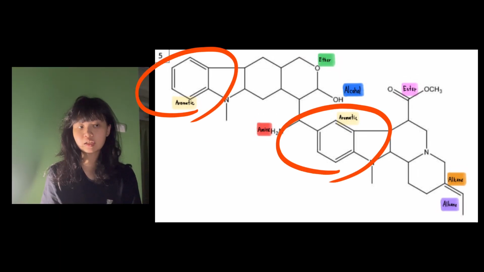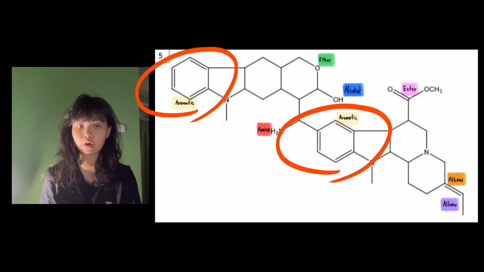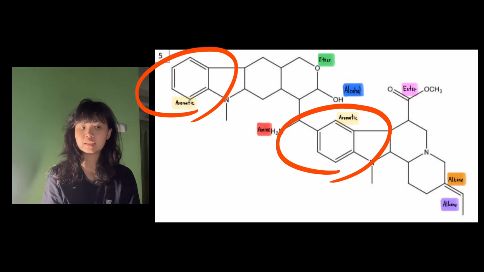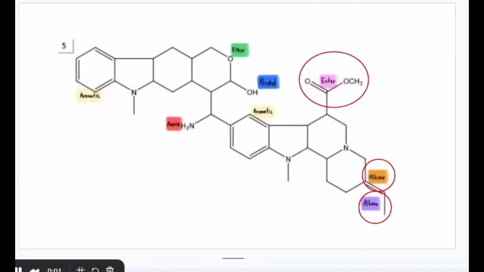Aromatic hydrocarbons have 6 members bonded together into a hexagonal ring, and the bonds between them alternate between single bond and double bond, so electrons can move freely in a circle. That's why this pi ring is much more stable than just a pi bond, and it's much less reactive than alkene and alkyne. So I'll be presenting my part, which is the ester, the alkene, and the alkane functional